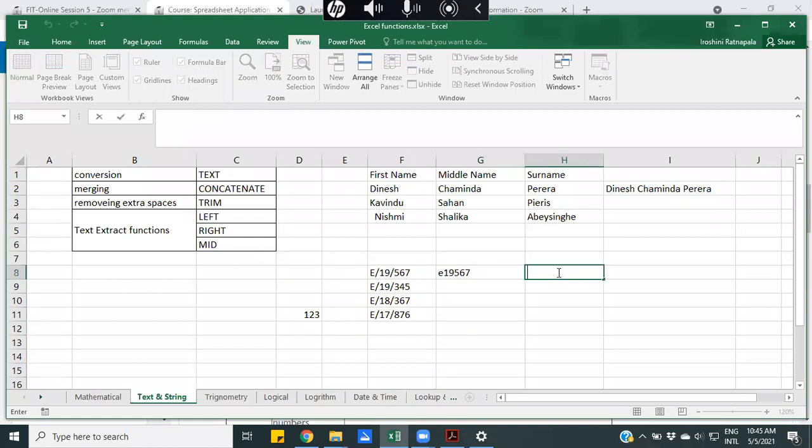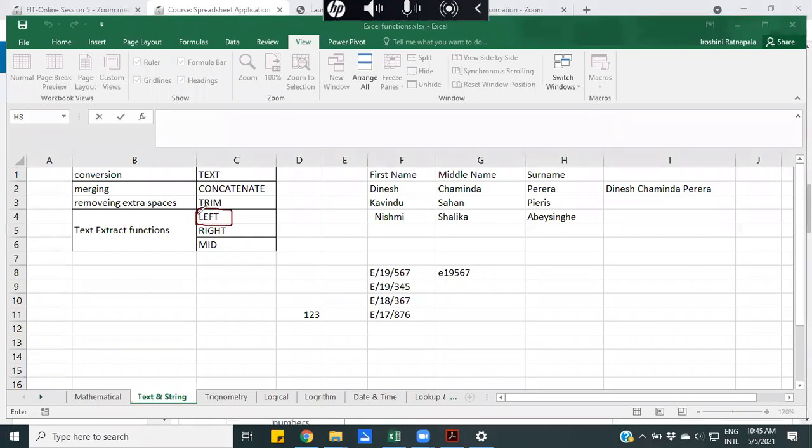The first function is LEFT. The LEFT function gets the given number of characters starting from the left-hand side, and the RIGHT function gets the given number of characters starting from the right-hand side.